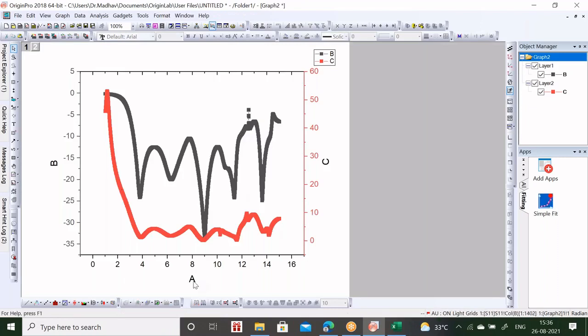Just look here. This is frequency in gigahertz, and this side I will take as S11, and this side I take as VSWR. This black color is the reflection coefficient. This red color is the VSWR. If you want to change this, you can change. Double click.